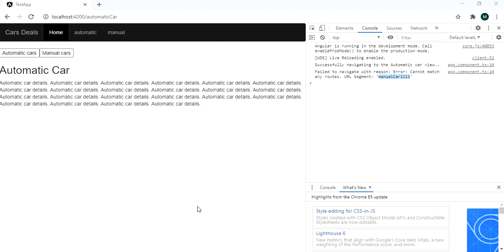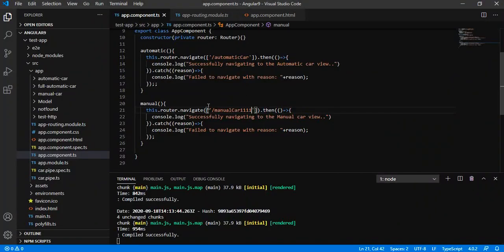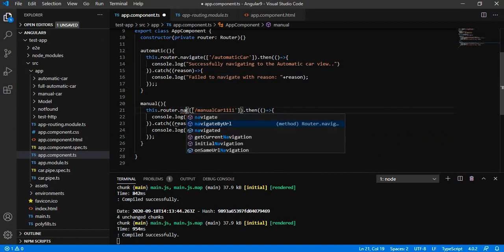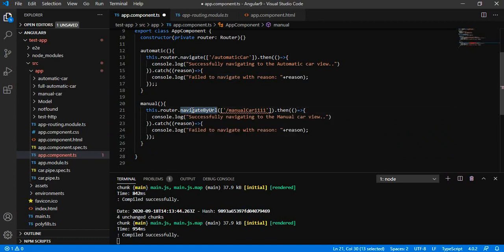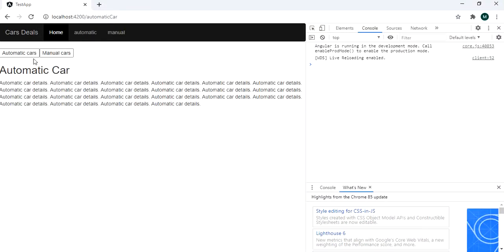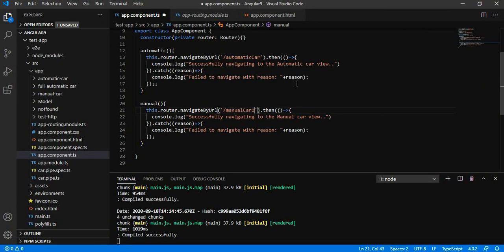Let us try to do the same thing with the help of navigateByUrl. In this case we have to pass a string. When I click on automatic, it navigates. On clicking manual, it throws an error. If I give the correct URL, then it should be a success.